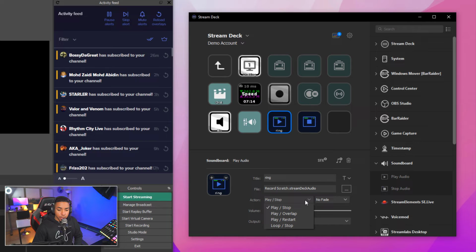So you can have the button to be able to go ahead and play and stop, play and overlap, play and restart, loop and stop. So I'm just going to leave it at play and stop. And then that's pretty much all you need to do. And again, you can customize this to add a certain icon to make it easily recognizable. So what you can go ahead and do is when I click that,